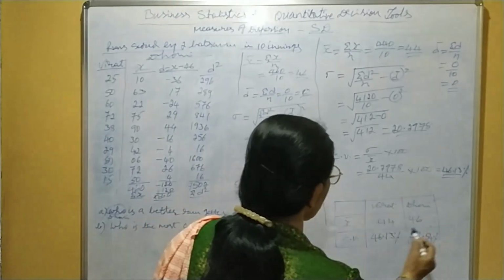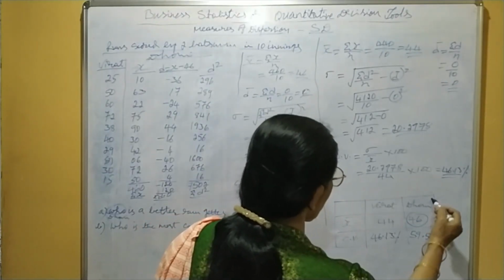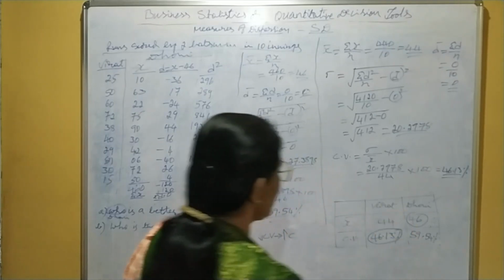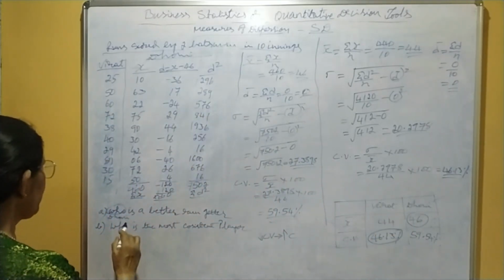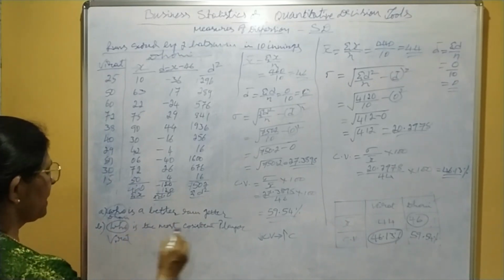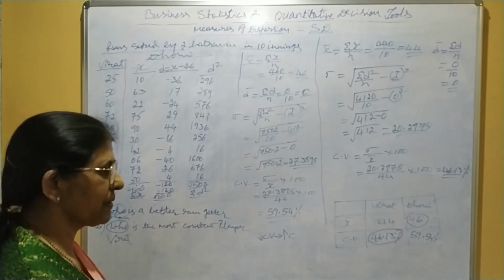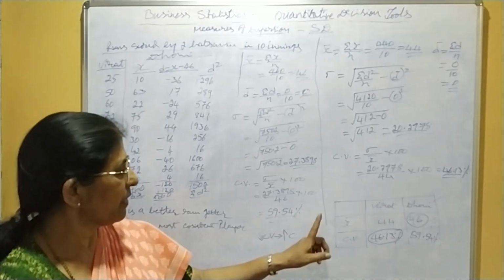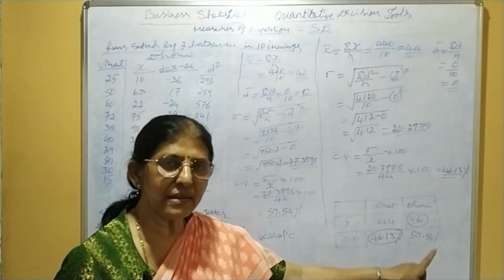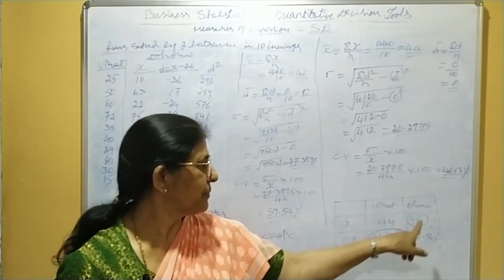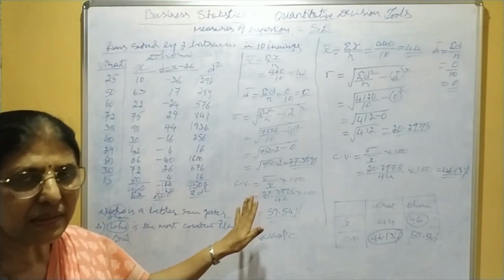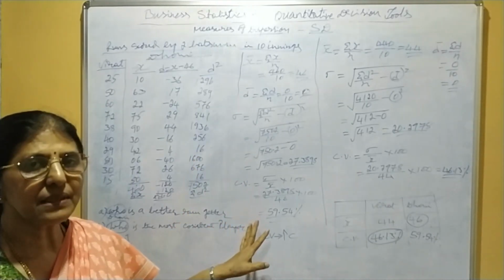Okay, so for the first question, Dhoni is a better run getter. Second question, Virat is the most consistent player. Here you have to write Virat is the most consistent player because the coefficient of variation of Virat is comparatively lesser than Dhoni. This is how you have to answer when two different variables are given